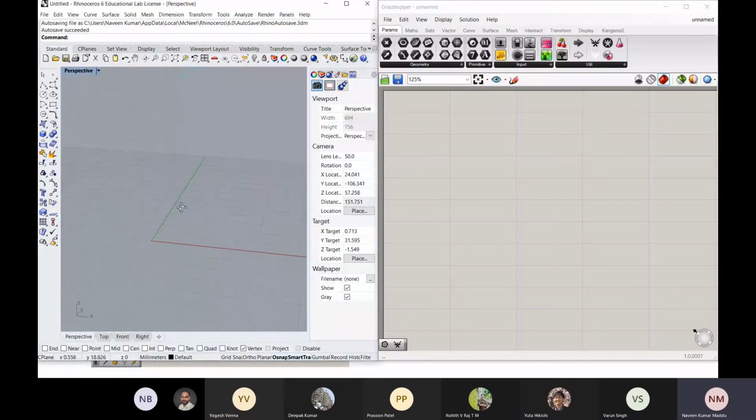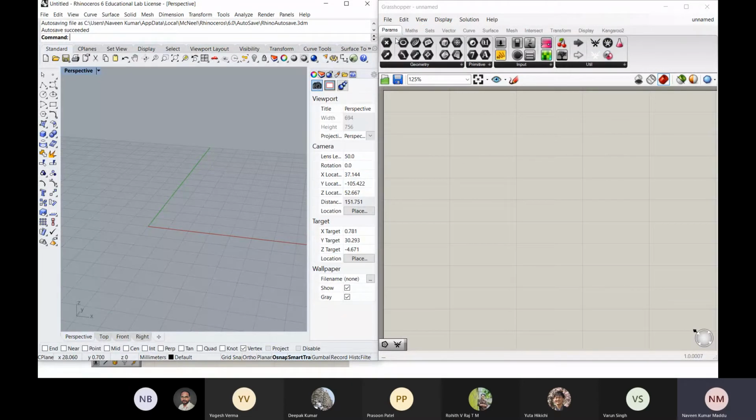I'll show it in the perspective view. So let's say you want to create a cylinder here, as I told you. Here you can say this is the canvas. This is called the canvas, and this is the place where you can get the parameters here.